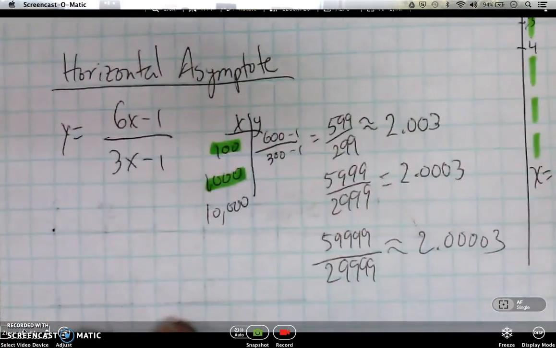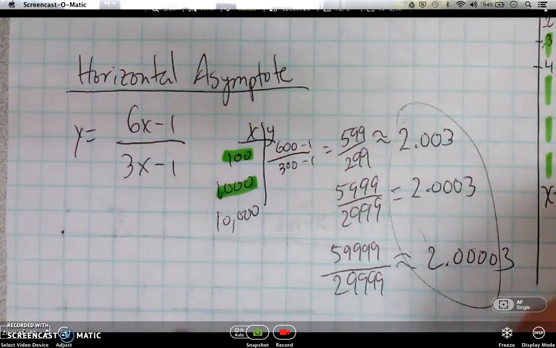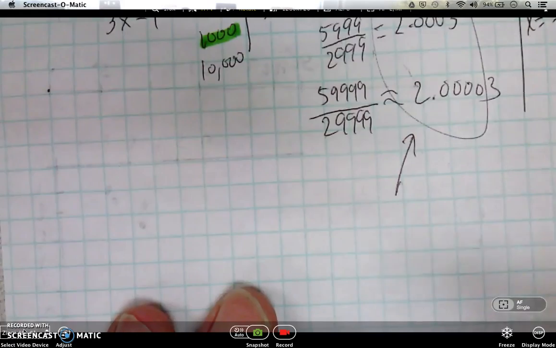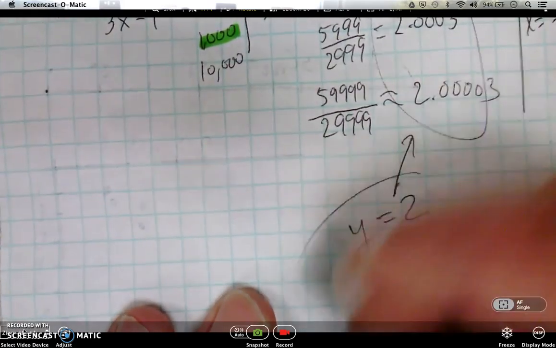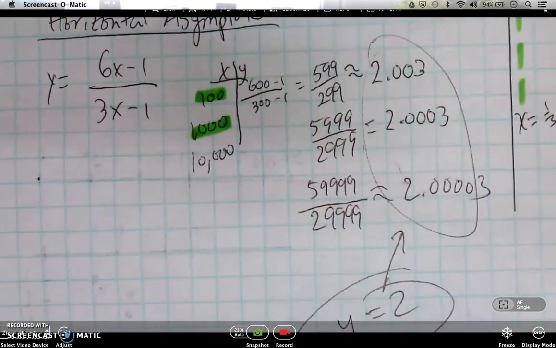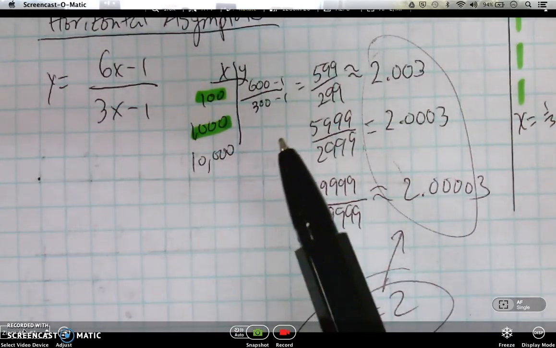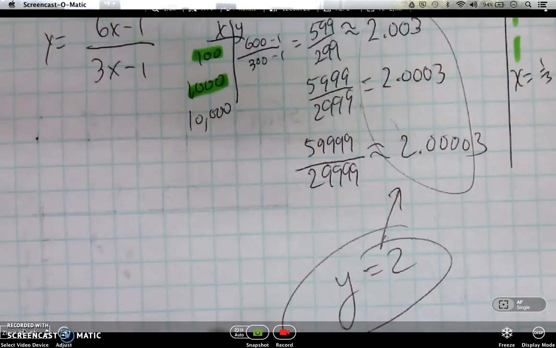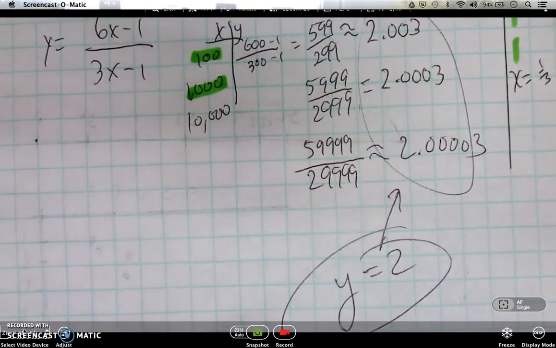Okay. So what this is approaching is getting really close to y equals 2. Our y values are coming out. We're plugging in large x values, and our y values are coming really close to 2. Okay. What that tells us is that at the far ends the graph goes flat, and it flattens out at